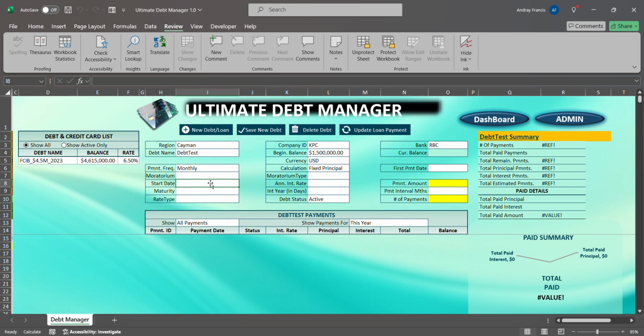Let's say the start date is 1st of the 1st, 24, and let's say the maturity is the 31st of the